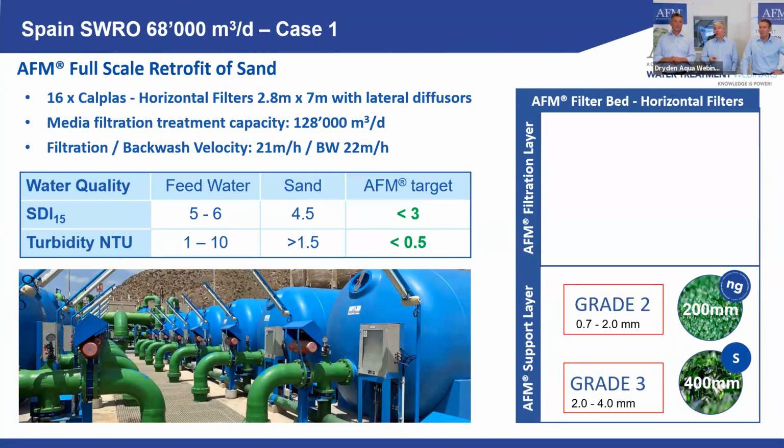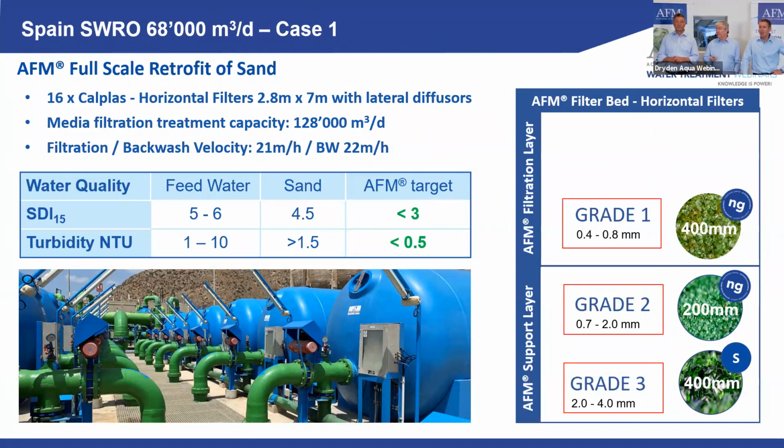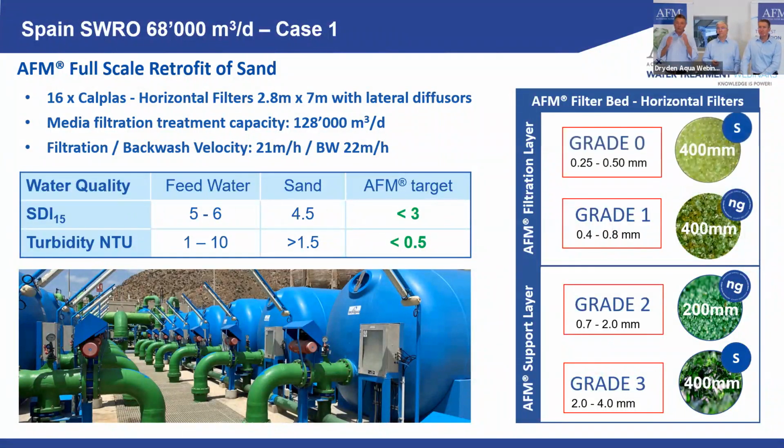So then grade 2, which is a support layer for the grade 1 coming up here, but also grade 2 is a good filtration. Already the grade 2 filters down to 5 micron, grade 1 to 1 micron, grade 0 even finer than 1 micron. But really here, we needed to compensate for the backwash. So here we use the grade 0, not just to improve the filtration, really to compensate for this low backwash